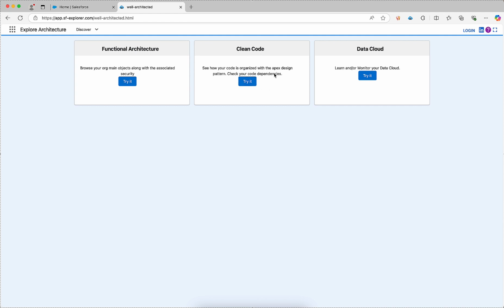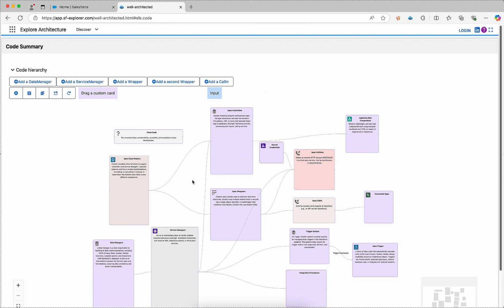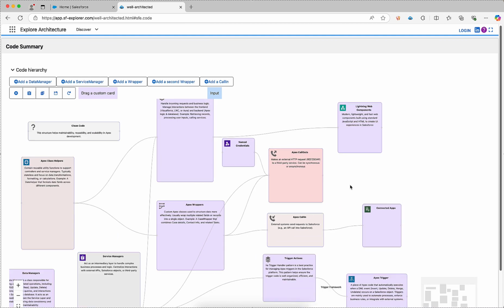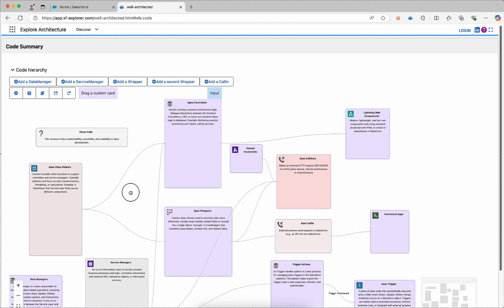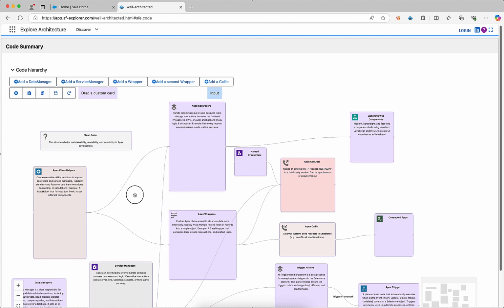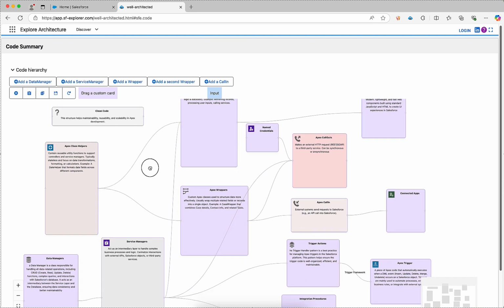See how you can learn or implement the Apex design pattern, and also you'll have some cards on Data Cloud. So let's have a look at the clean code. You can really try it out, and you will have information like this. I'm not yet logged into my org, but I see a number of information that concerns this pattern, right? The design pattern for Apex, where you see the relationship between the different entities that you need in this design